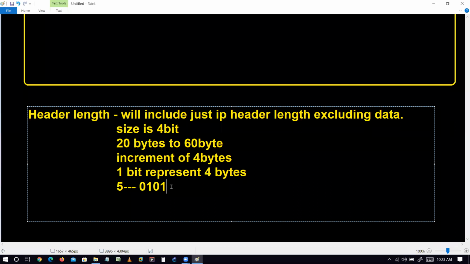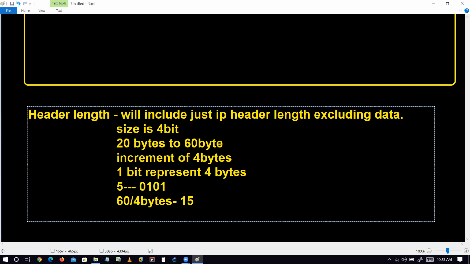And the last value will be 60. It means, let's suppose I want to represent 60 bytes. I have to divide the 60 bytes by 4. So what value can I have here? The answer will be 15, correct?